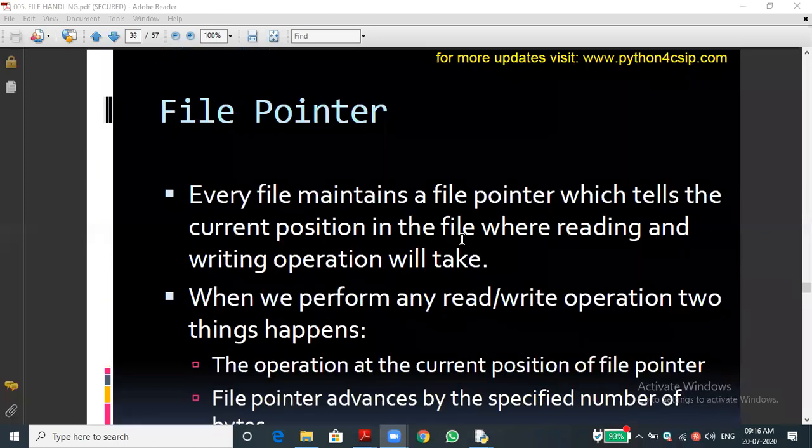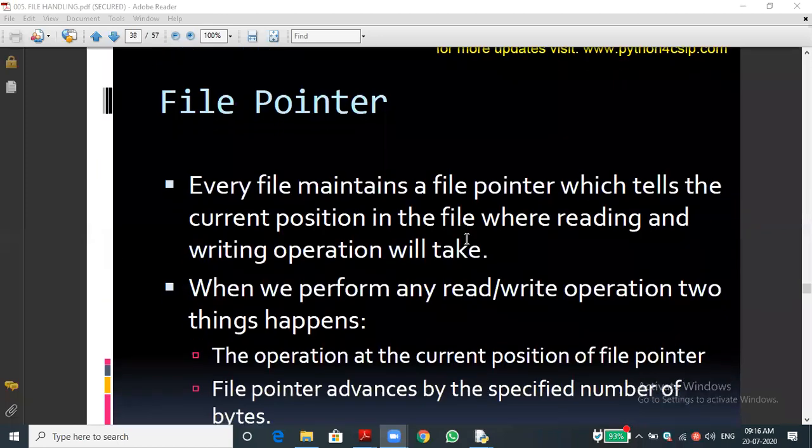Okay, Tejavanth, good. And next we come to the important concept, that is file pointer. What does file pointer mean? It is a cursor. Whenever we are typing in MS Word or whatever, we see the cursor. What is the use of cursor? Can anyone say? To point something or select something. Very good, that is called a pointer, to point where we need to do some action.